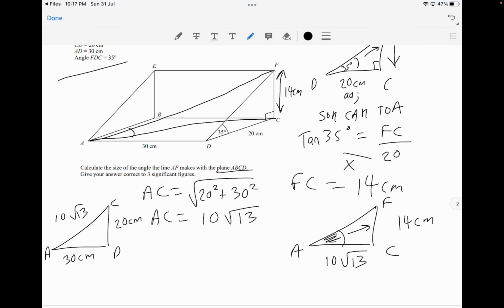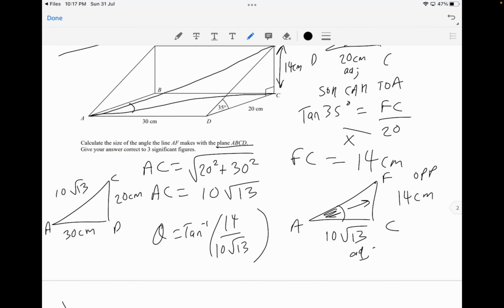This angle here. So now you have opposite and you have adjacent. There's a lot of tan being used here as well. So you have tan theta. What you're going to do is theta is equal to tan inverse of the opposite, 14, divided by the adjacent, 10 square root 13, based on the formula where your angle